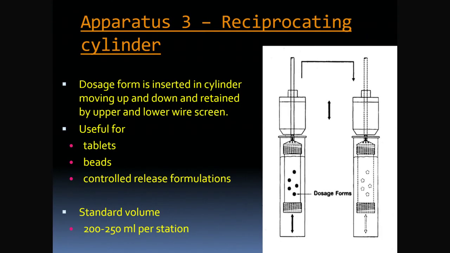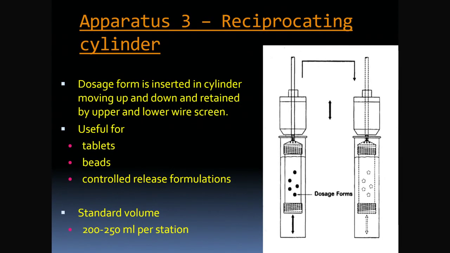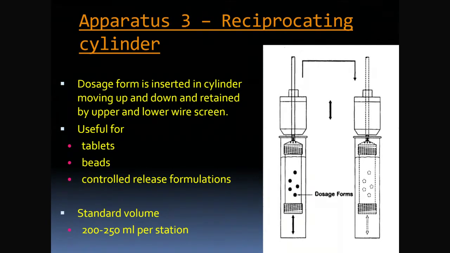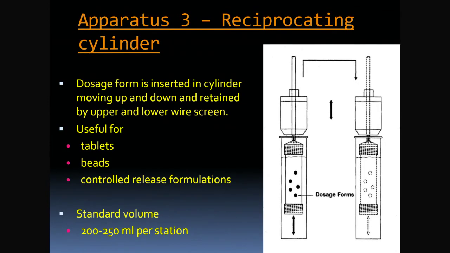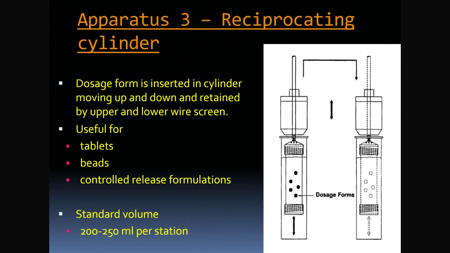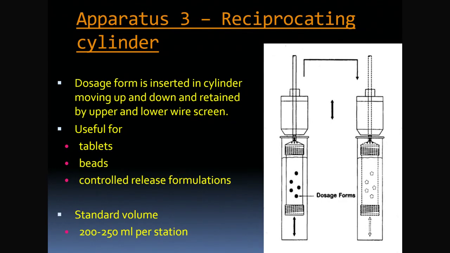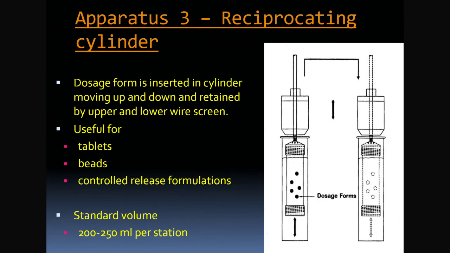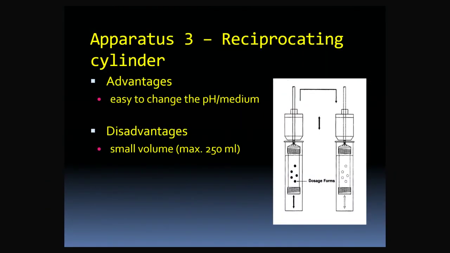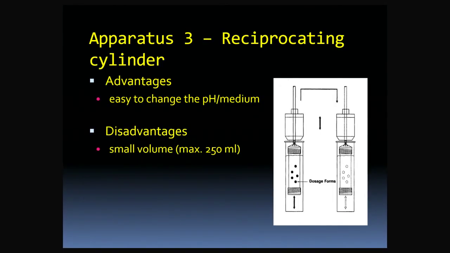The unique architecture allows for the seamless transfer of the inner cylinder across a row of vessels containing different media, which precisely replicates the gastrointestinal transition from acidic to basic environments. How does the stroke frequency of this vertical oscillation influence the Reynolds number differently than the rotational velocity we observed in the paddle apparatus? Examine the mechanical sequence in the diagram, where the reciprocating cylinder transitions the sample between different